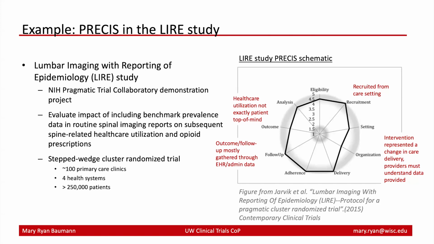Slightly lower pragmatic scores in terms of outcome. So healthcare utilization is not exactly a top-of-mind outcome for a lot of patients, but it's still a useful outcome. So it's scored a little bit lower there. So it's an example that you don't have to have completely, entirely patient-relevant outcomes in order for them to be useful. And then slightly more explanatory scoring